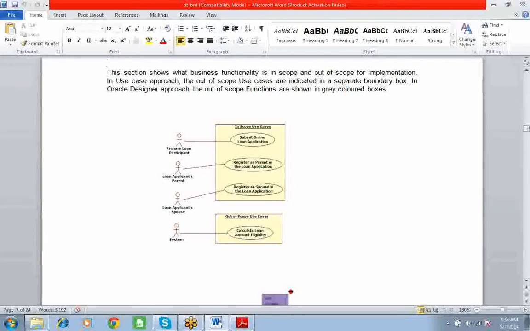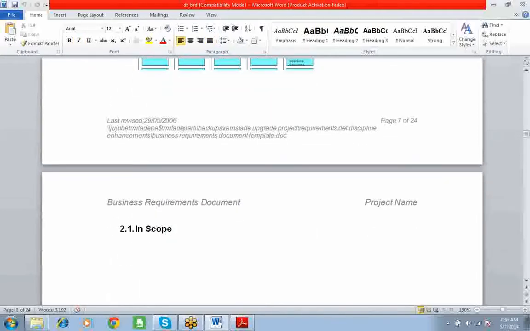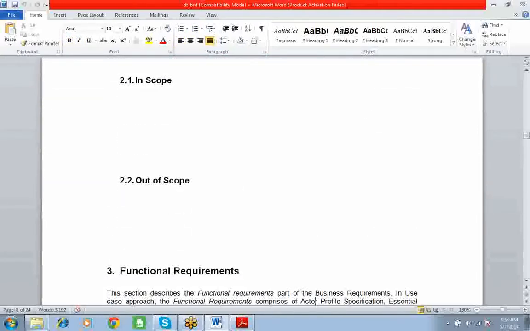So these three things are implemented in our project now, and calculate the loan amount eligibility is not. We didn't implement it. We will be implementing later. That is in scope and out of scope. The same thing in this box: here you have to write in scope and out of scope.